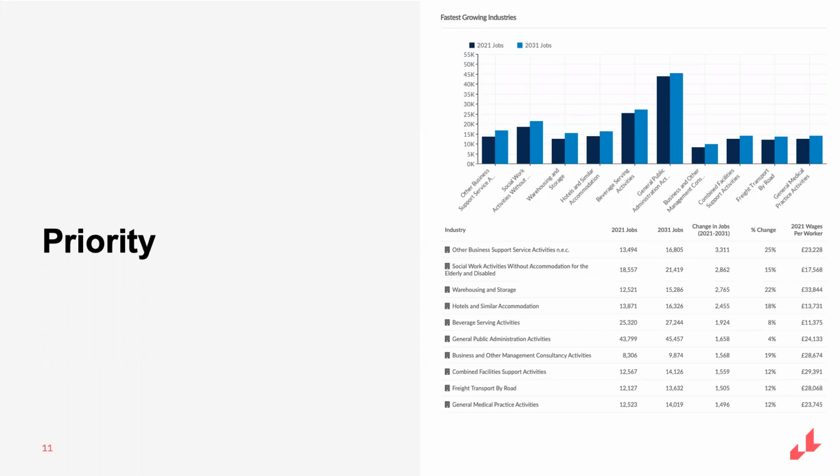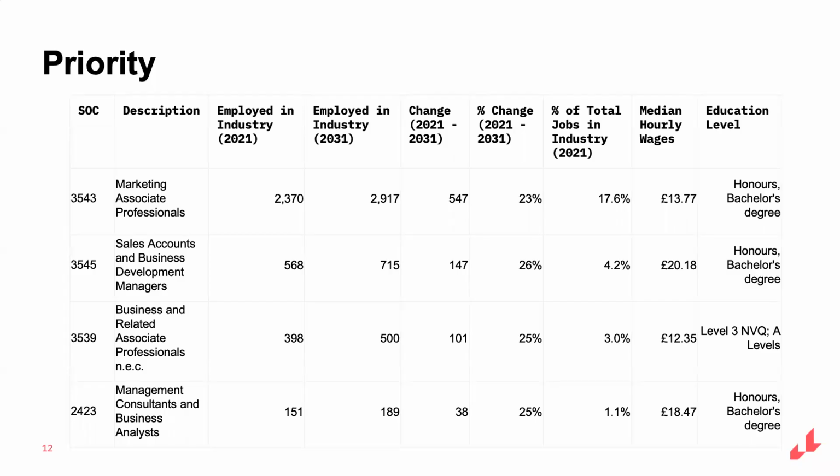And here we see growth. We've seen areas of decline, and we need to find areas of growth. So let's look at a staffing pattern. And this is the staffing pattern for other business support service activities not elsewhere classified. But we're only looking at the top 4 occupations important for graduate employment. So a staffing pattern, for those who are not familiar, this is where we can see which occupations are employed within the industry that we're looking at.